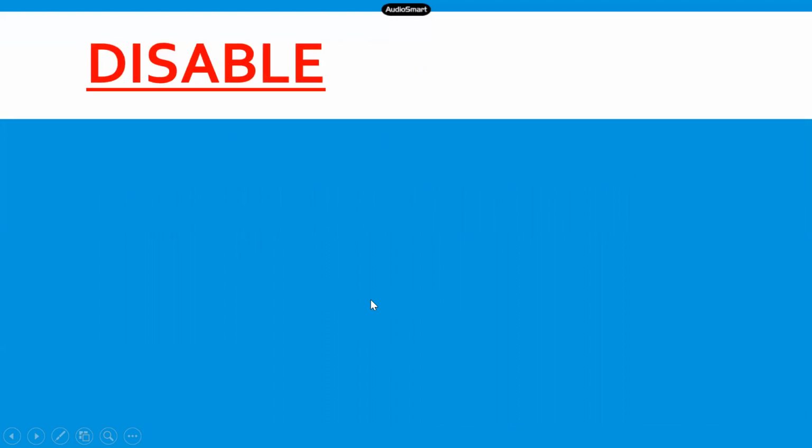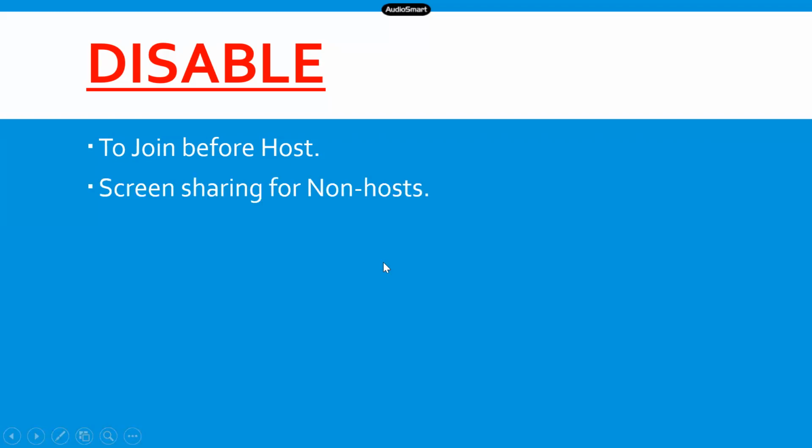You need to disable few features, like to join before host, meaning first host will join the meeting or class and after that he or she will allow participants who are there in the waiting room to join the class. Screen sharing for non-host is disabled so that only host is able to share their screen.